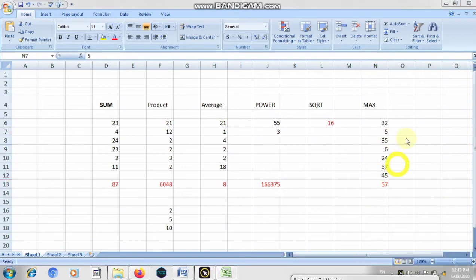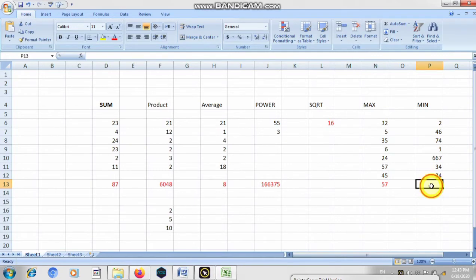Now we are going to look at the minimum value. Same in this case, I have some data here. As you can see, the minimum value is 1.